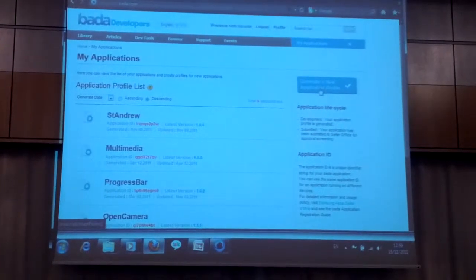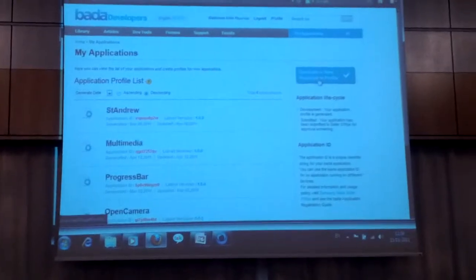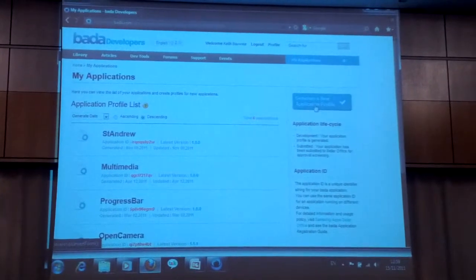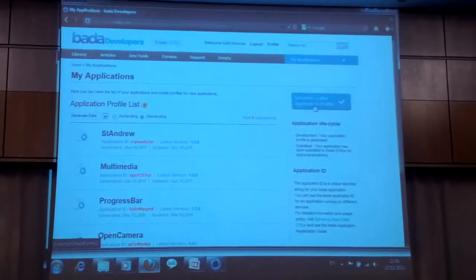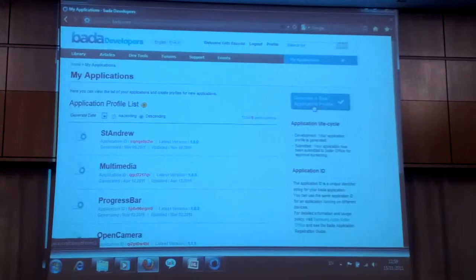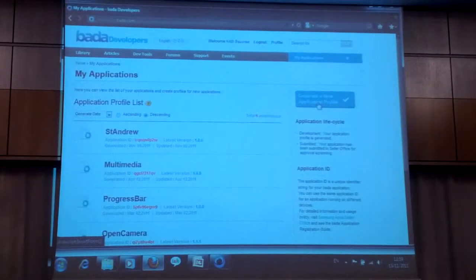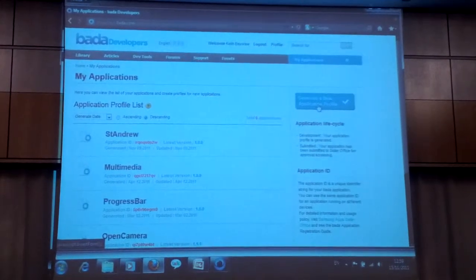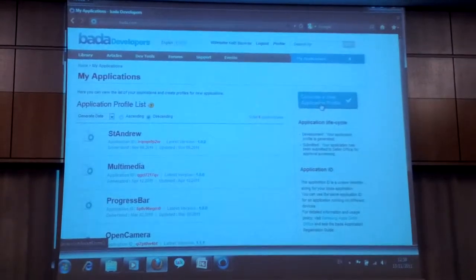boxes and questions asking you what your application will be making use of, what features, whether you'll be making use of commerce, multimedia, networking, and you just simply tick the boxes and specify all the functionality that you intend to use. You will then be asked some questions as to what devices you want your application to run on. So you go ahead and you select all the devices that you intend to hit, to have your application run